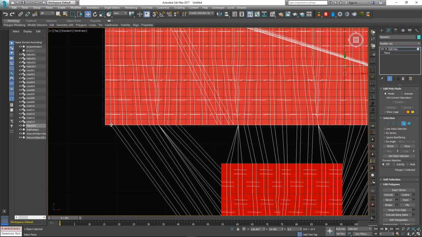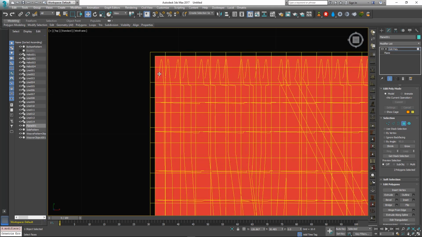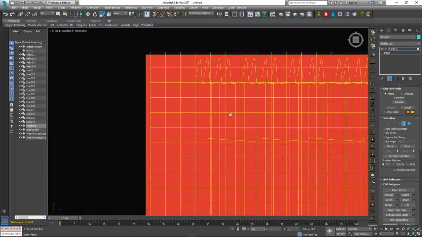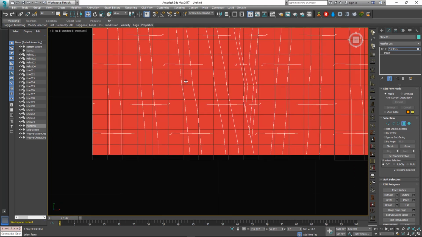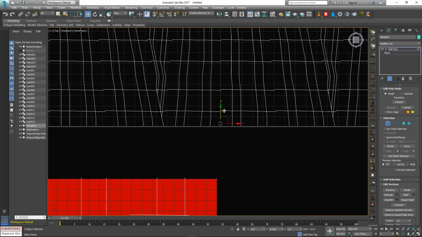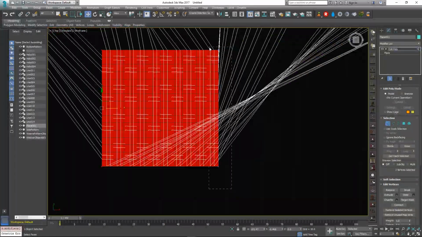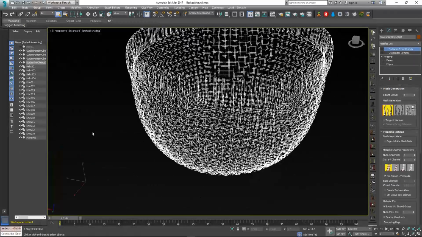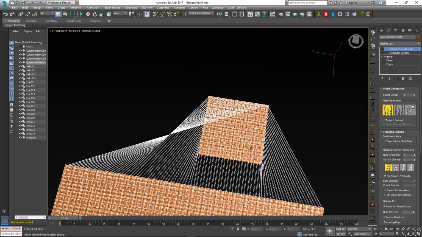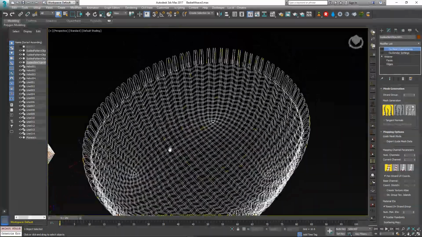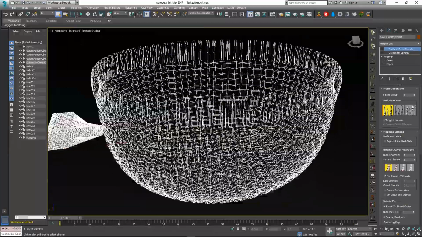And the same thing goes here. If you select this edge, you can see that it's nowhere near being perfectly lined up with our source geometry. So I need to fix this by making sure that it is closer matching. So if you align these values perfectly, you can see that they will be perfectly matching up with each other, and you'll get the exact counts of the guides happening on each side of this basket,